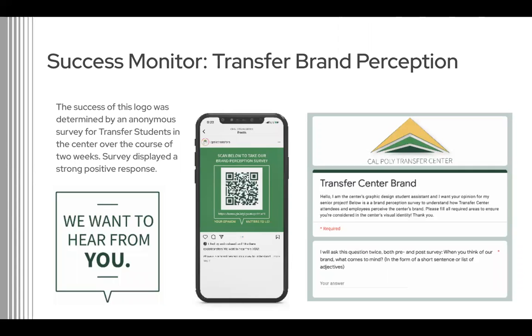In terms of monitoring the success of this logo and brand, I created an anonymous survey for transfer students in the center over the course of 2 weeks. The survey displayed a strong positive response. These are just some of the responding answers. One asked what they thought of when they saw this logo. These were the words that came to mind: